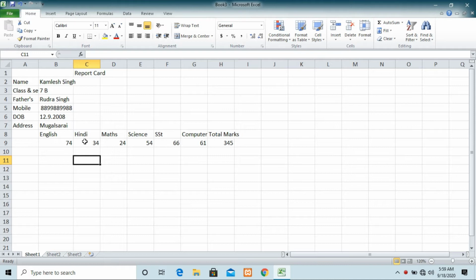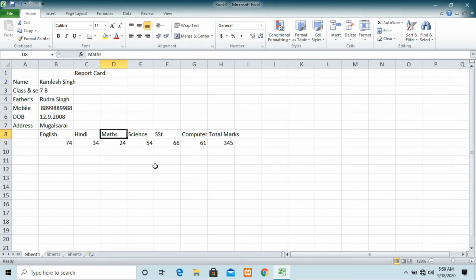Now here what I want to say is that you can use your keyboard. Basically, most of the time when people are working in MS Excel, they prefer the keyboard over the mouse. It means they use the keyboard keys to switch from one place to another. Like if I want to go to the first row or first column, here I'm using the arrow keys of the computer keyboard to switch to the desired cell.